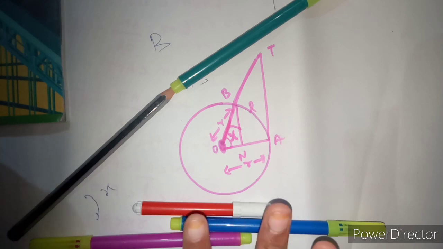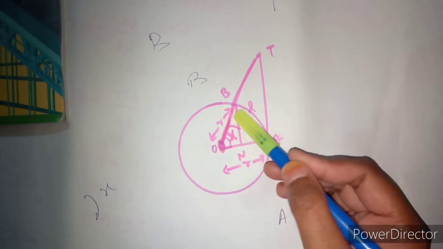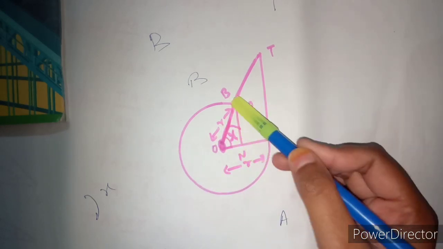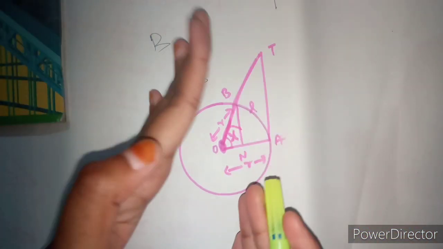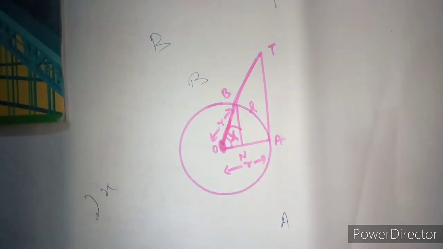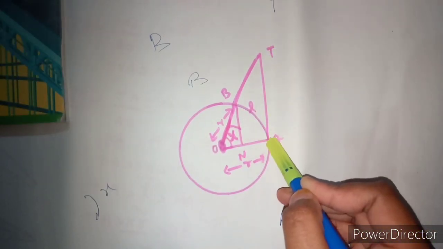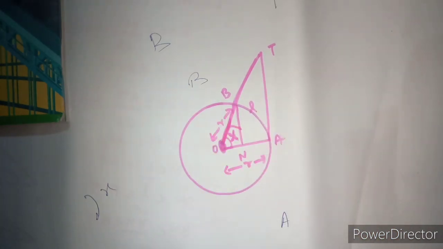So this is the process. If I make this angle approach 0, what will happen with these lines? These lines BN and AT will also approach 0 like this. They will bend. This BN and AT will also approach towards the origin. So then all these three lines will become equal. So I have put the equal sign, okay?